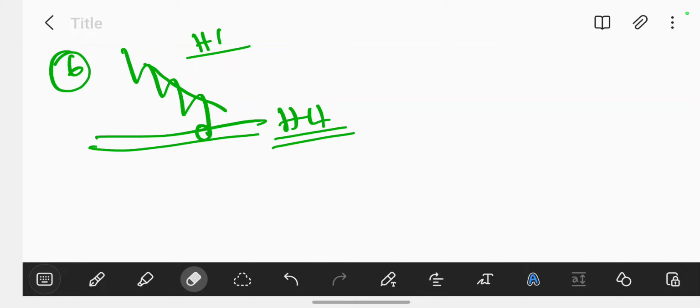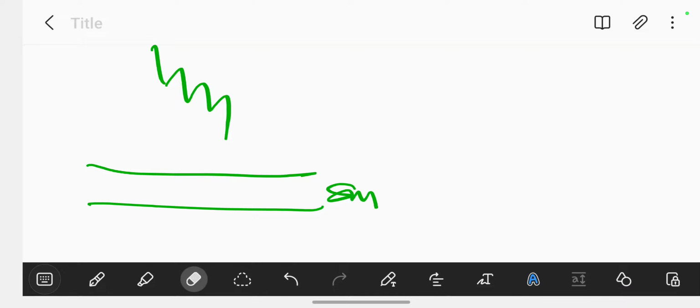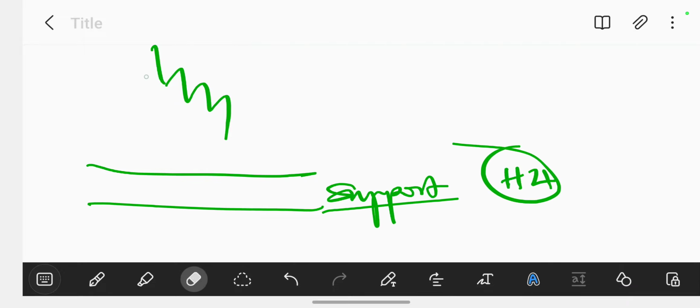But now what happens if, let's say, it does the same thing? It goes down, but it does not hit our support. Here's our support, here's our support on H4. This is our H4. This is our H1. We are looking at H1, but we know that we have an H4 support there. What if, when you are waiting to say, come inside here, I want to take a buy, come here, I want to take a buy,